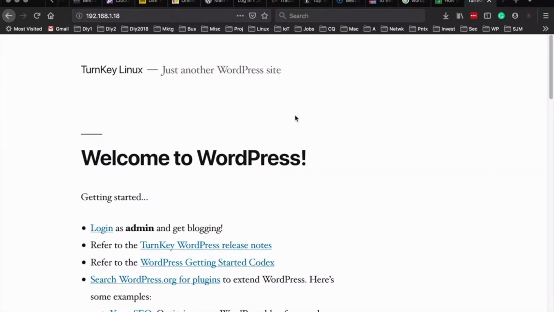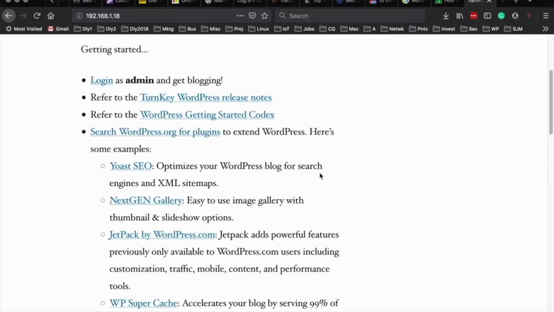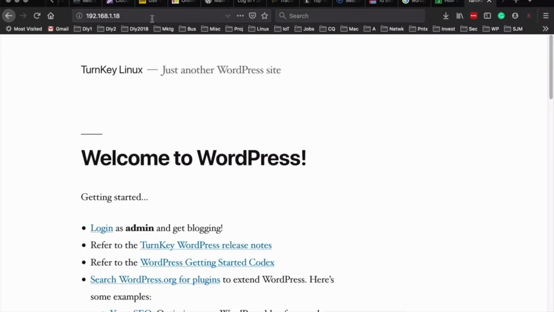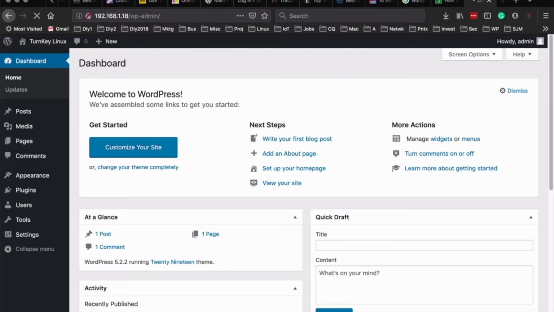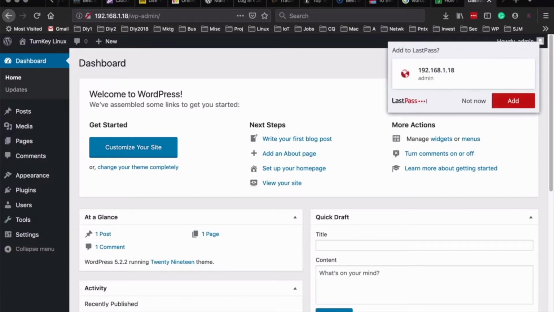Today we are looking at the WordPress appliance and we are taking our first steps. We've loaded up our page here and we will navigate from our main page to the admin login. Alright, we've entered our admin username and our password that we set up during the install, and we are taken